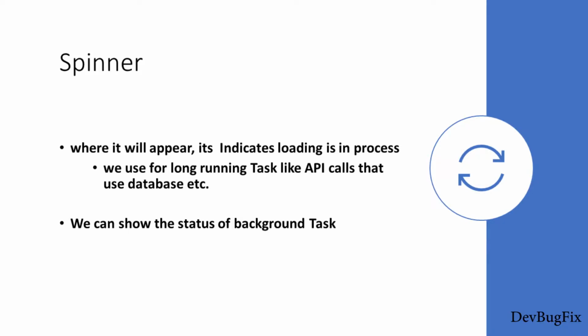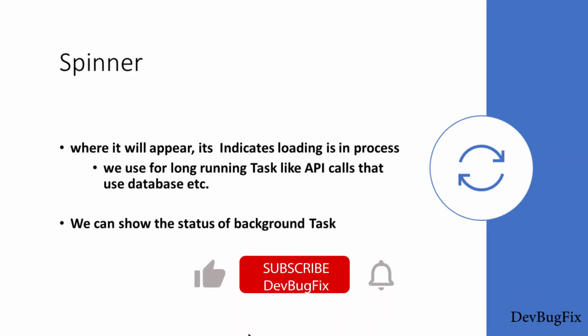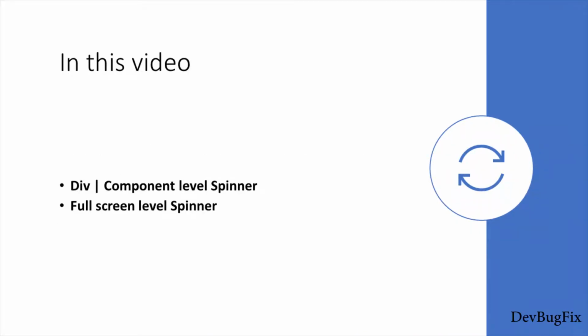Hello, in this video I will show the implementation of Spinner in Angular application. Where a Spinner appears, it indicates loading is in process. We use it for long running tasks like API calls that use a database, and we can show the status of background tasks. In this video you will learn how to show Spinner on a div or on a component and on